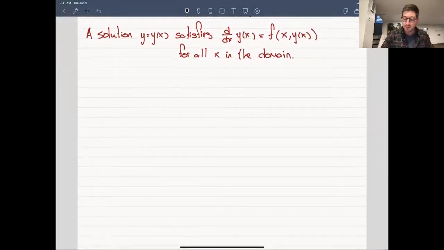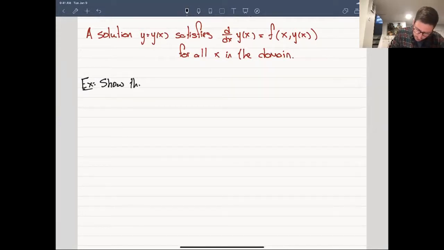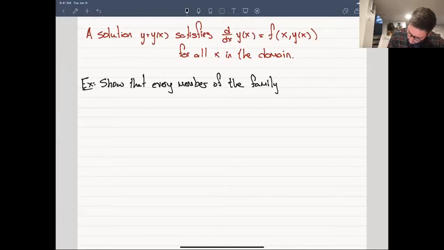But the nice thing about this is that if I give you a function and I claim that it's a solution to a differential equation, you can check just by taking a derivative. So let me give you an example. Let's say, show that every member of the family of functions, and the family of functions will be given by y is equal to a constant divided by x plus 2,